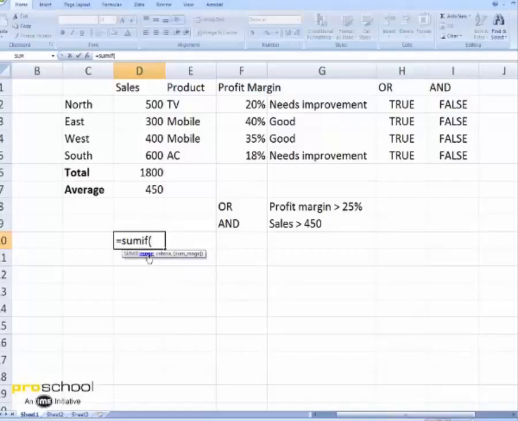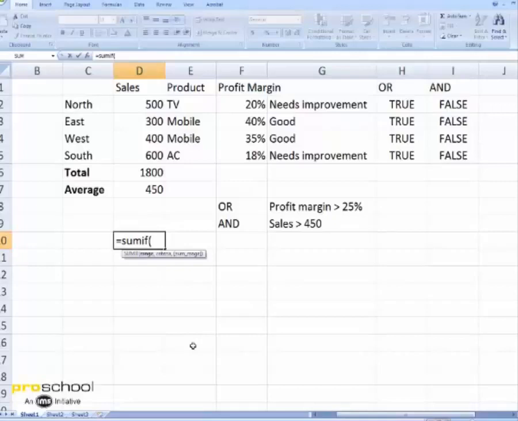The range indicates where, or the column in which, your input data is kept, on which this criteria needs to apply. In the above example, what is the condition you want to check? You want to check the condition that the product should be a mobile.